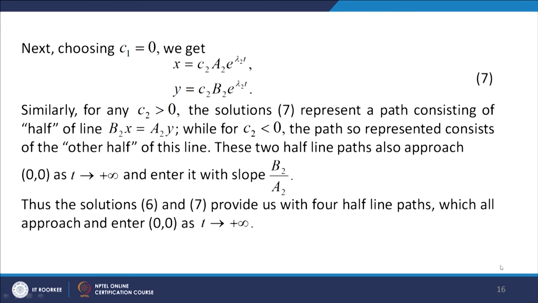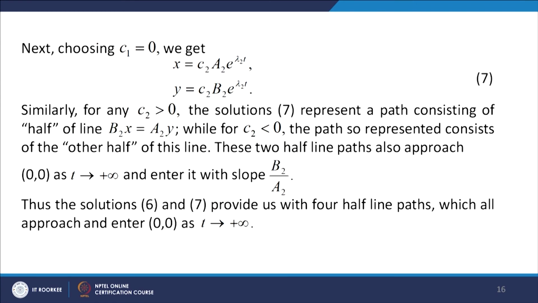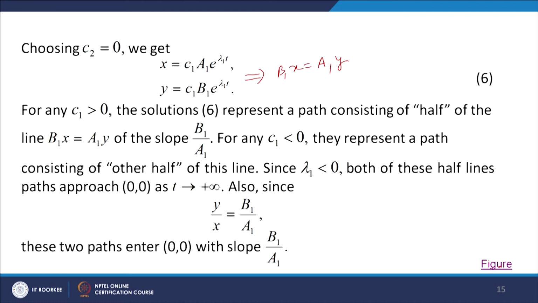Now, thus the solutions 6 and 7 provide us with 4 half line paths. You see, 2 half line paths we get from here and 2 half line paths we get from here. So, we get 4 half line paths which all approach and enter (0,0) as t goes to infinity. We can see here,